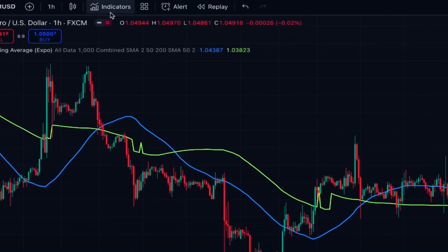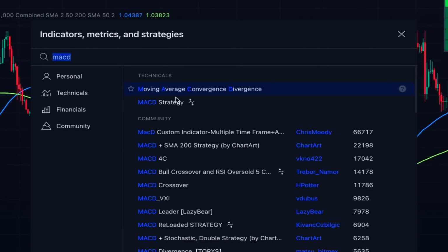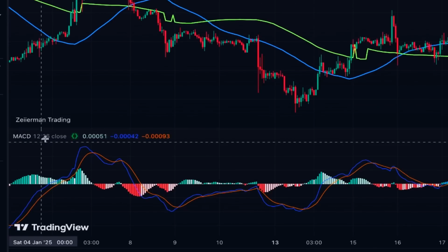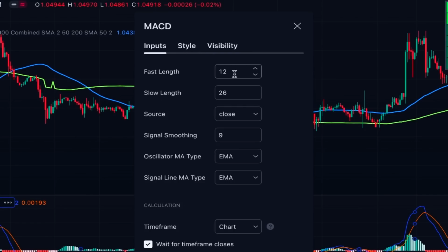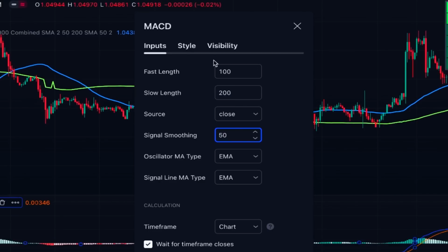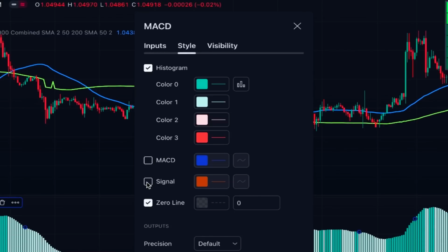For example, here we click on indicators and we search MACD. This one, moving average convergence divergence, and we need to change its settings. So here we go to the settings of the MACD, and here in the inputs tab, for the fast length we set it at 100, for the slow length we set it at 200, and for the signal smoothing we set it at 50. And then here in the style tab we remove the MACD line and signal line